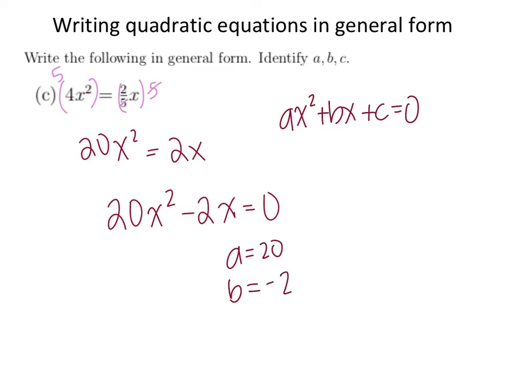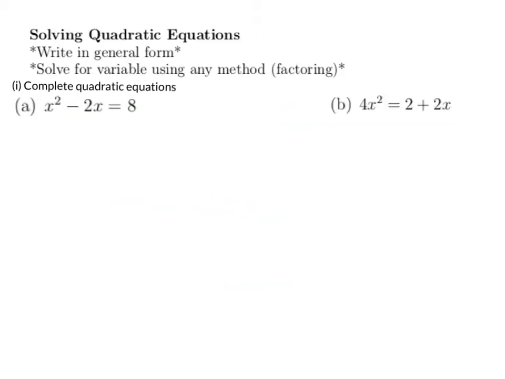And you'll notice that there's no c, there's no extra number there. So then we're just going to interpret our c as 0. So if I was ever to have like 3x squared plus 4 is equal to 0, if there's no x, then your b is actually going to equal 0. Now that we've practiced writing equations in general form, now we're going to go into solving by